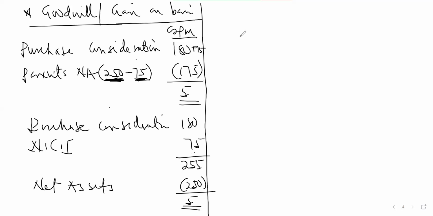So you can also have purchase consideration. Instead of you subtracting the non-controlling interest from the net assets, you can add it and bring the total net asset. The 250 over here will cancel the 250 over here. So at the end of the day, you are having 180 minus 175. You can see that we are using certain components to calculate or to estimate the goodwill. So you have to do the calculation for purchase consideration.